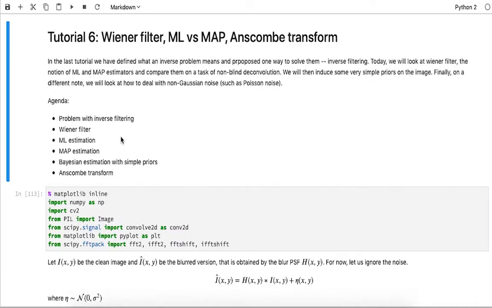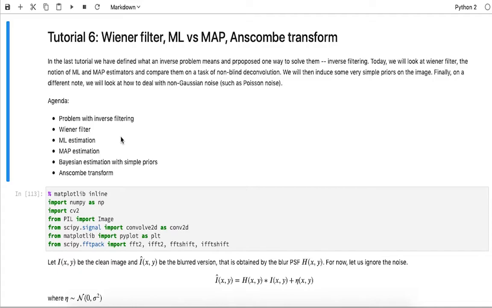So yeah, today, last class where we stopped, we defined what inverse filtering was, and we saw that it performs well when you have only a blurred image without any noise. Now we'll see if we can extend this inverse filtering if you add noise, and see that it doesn't work if you add noise, because I'll show you why, and then we'll see a method to go against it, which is the Wiener filter, a more generalized form of inverse filtering,